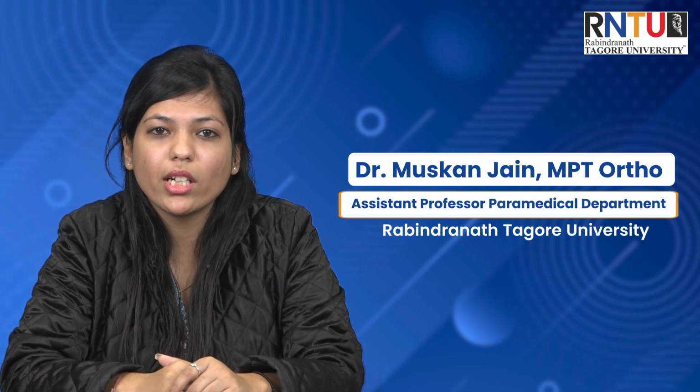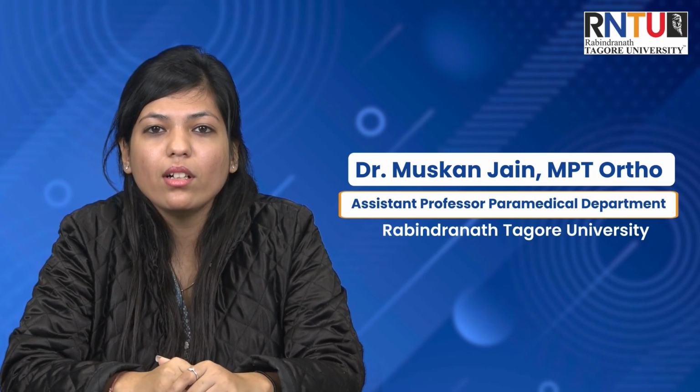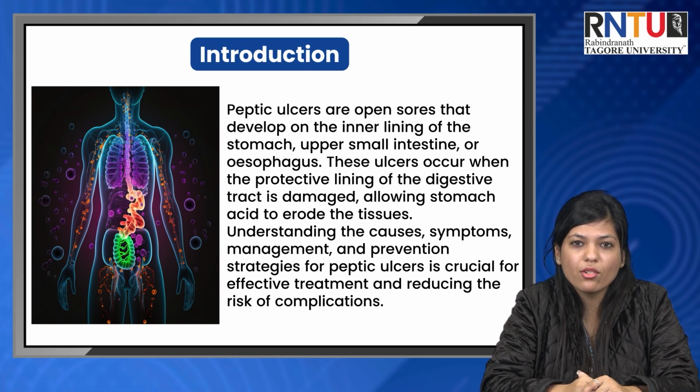Today we will be shedding light on a global health concern, peptic ulcer. Peptic ulcer: understanding, managing and preventing. Peptic ulcers are open sores that develop on the inner lining of the stomach, upper small intestine or esophagus. These ulcers occur when the protective lining of the digestive tract is damaged, allowing stomach acid to erode the tissues. Understanding the causes, symptoms, management and prevention strategies for peptic ulcers is crucial for effective treatment and reducing the